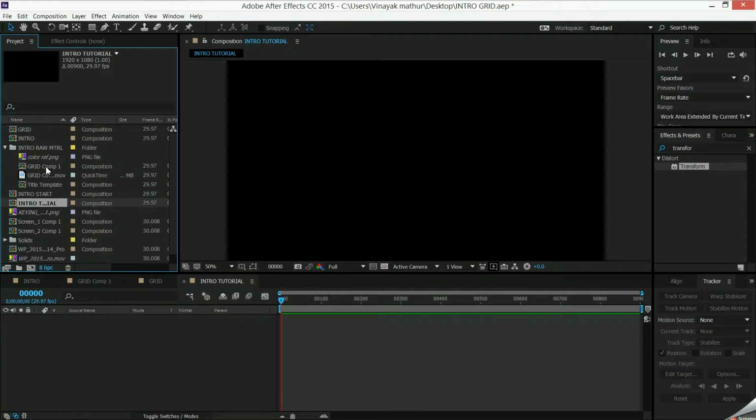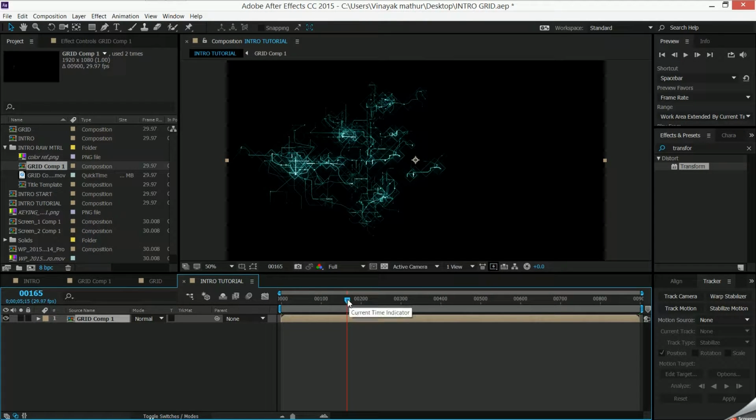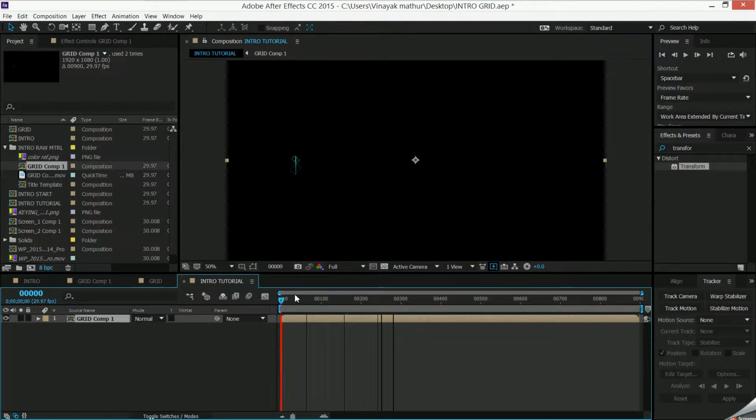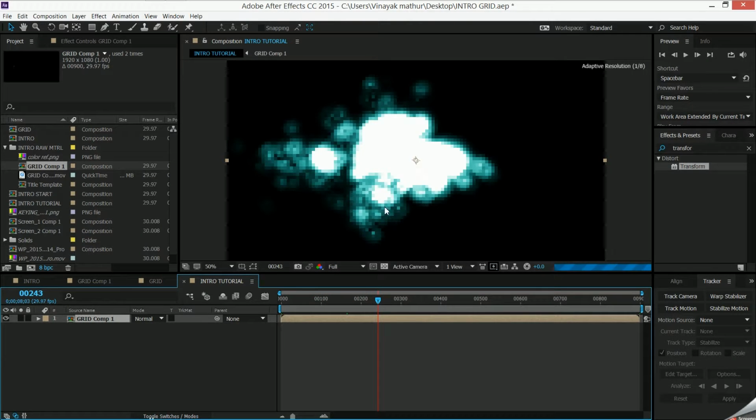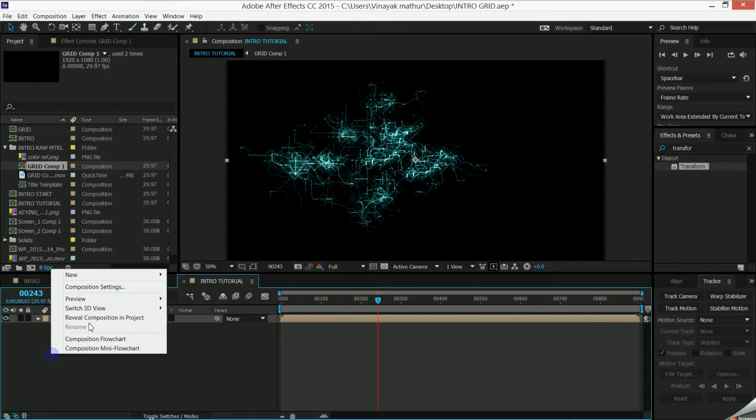I might have copied it as this one, so I'll just bring this one right over here, and this is the composition. This is what I already built and pre-rendered. So now I can just use this as the background